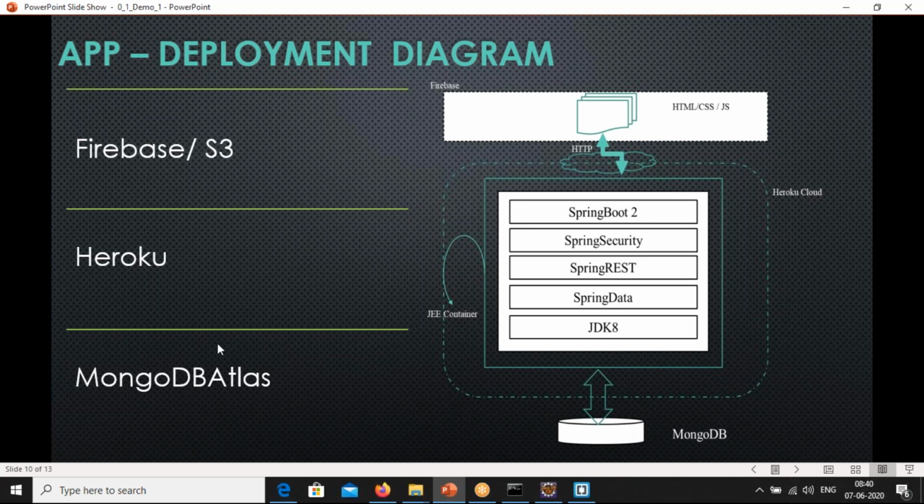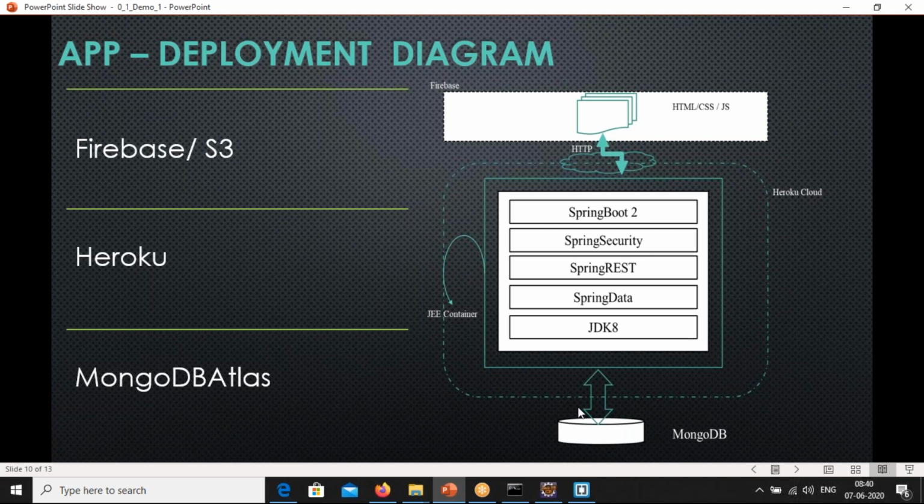This Atlas is, as I told, like a cloud service which is free for up to 512 MB. So you can use your data up to 512 MB, so our application may not go more than that size. Yeah, if you are working in a project, that may go more. The projects we are going to do may not go more than 10 MB itself. So this is the Mongo Atlas we'll be taking here.